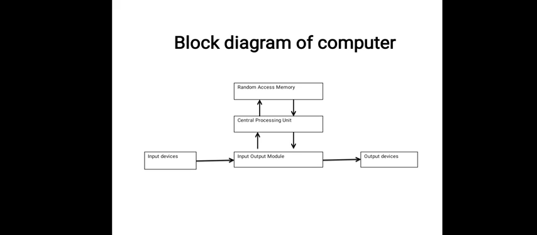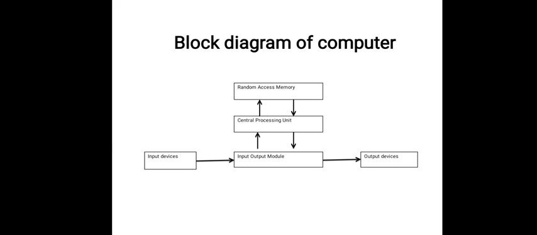Now let us see the block diagram of computer. The block diagram of computer mainly includes at the center the central processing system. You can see it includes the CPU or central processing system, which is connected to the memory, random access memory, and the input output module, which contains the input devices and output devices. Therefore, central processing unit is at the center, which accepts the data